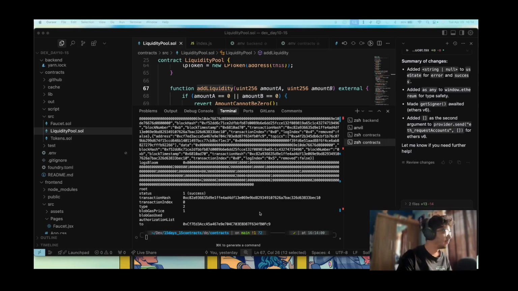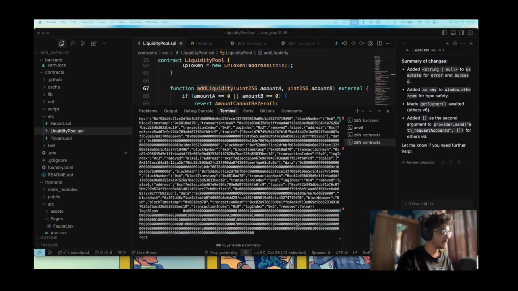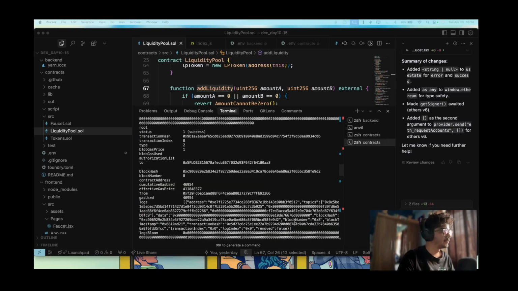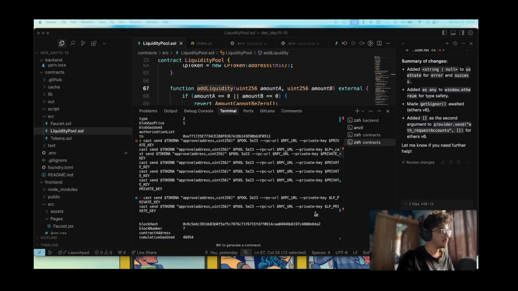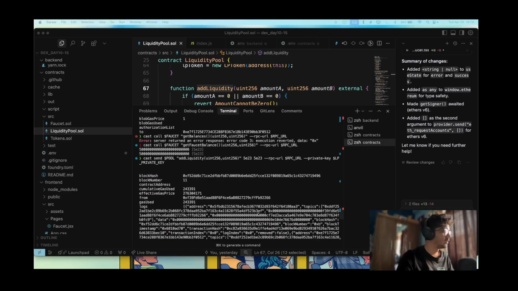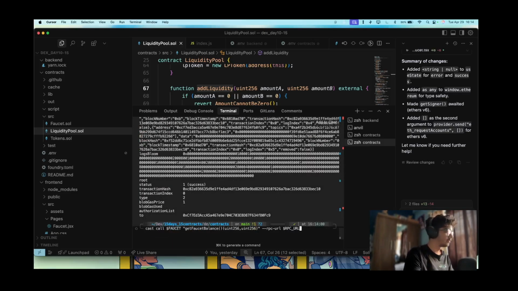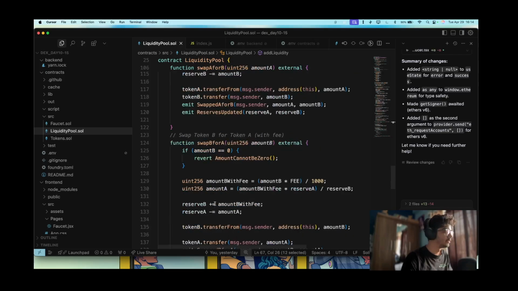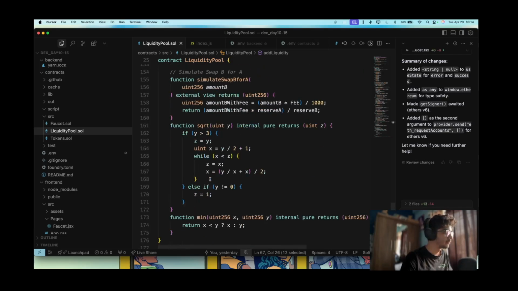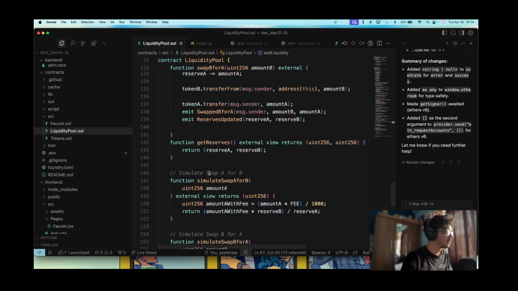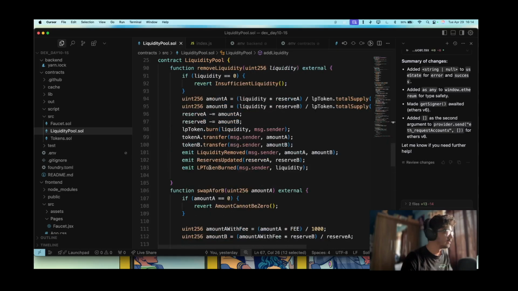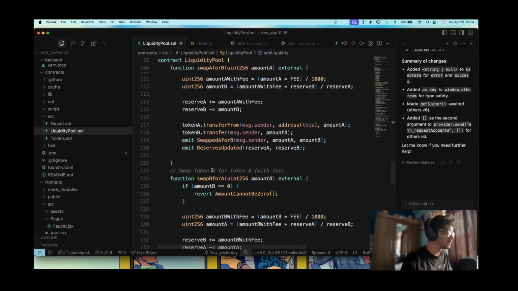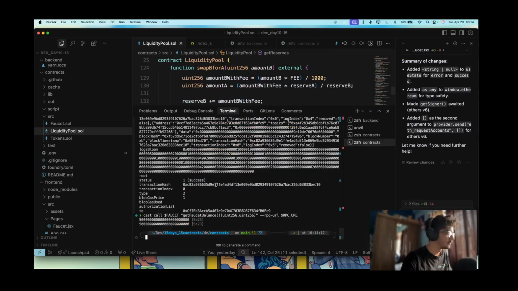Okay, folks, we are back. And what did I do just here? I approved the token. So now the pool has some tokens and the faucet has some tokens. The faucet has 500,000 tokens, and let's see the reserves for this. Let's see, what's the get reserves function? Yeah, the get reserves function. Okay, cast call